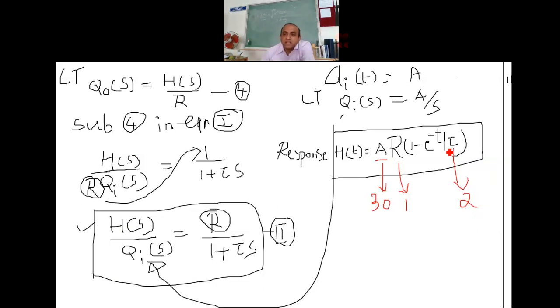Fine. So time, he has asked for 2 minutes here. If you substitute all this data, you will get H of t, that is height at a particular time. I'm just giving the steps. You can solve it later and submit. Okay, so this is how it has to be solved.